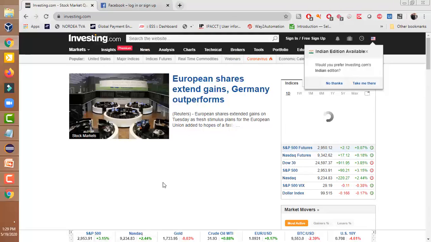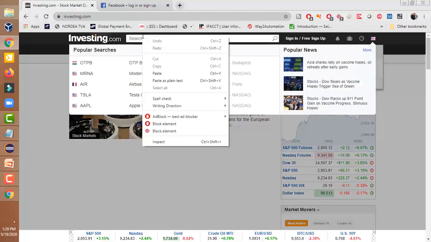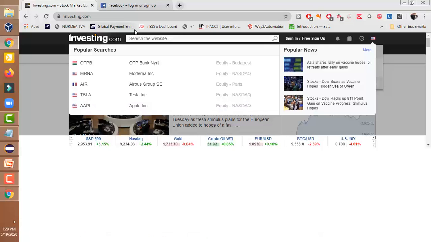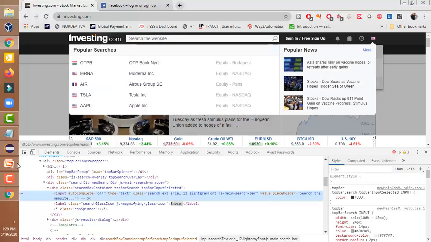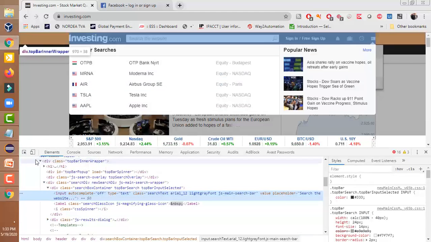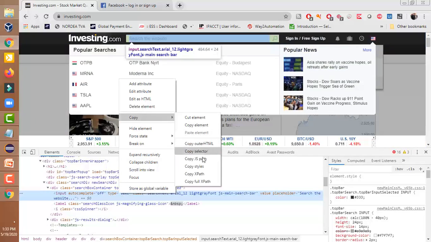You should have practice automating dynamic websites. Now I am finding the XPath of the search field. We can click on this, select this link, and copy the XPath for this. Go to copy XPath.